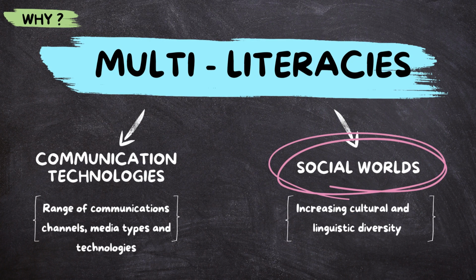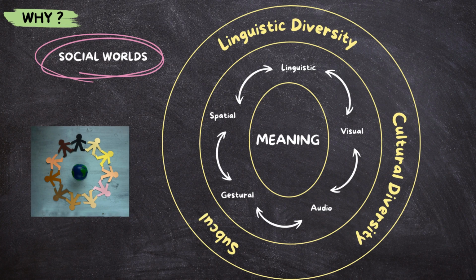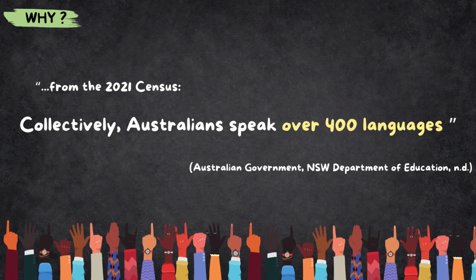The second aspect of multiliteracies, social worlds, reflects the realities of local diversity and global connectiveness. It situates meaning within a context where we have to negotiate differences stemming from linguistic diversity, cultural diversity, and subcultural diversity. Although English is becoming a global language, a single standard version of English is no longer sufficient. To be effective and productive citizens, we now increasingly need to interact using multiple languages, multiple Englishes, and communication patterns that vary across cultural, social, and professional contexts.